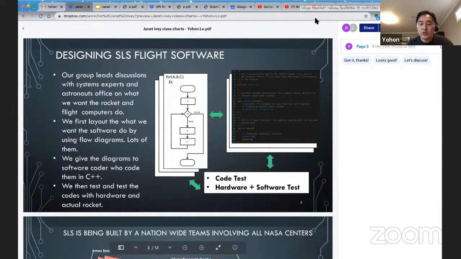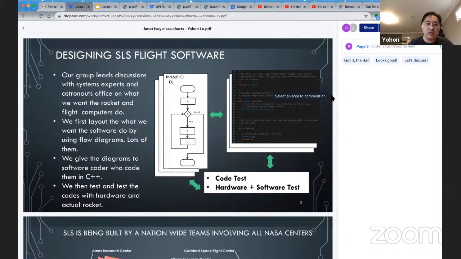Once we design that flow chart, we have a review process with different experts. We have folks from different NASA centers who are involved in different hardware. We have the astronaut office coming in and saying, yeah, that's what they want to do, or no, they want to see an additional caution and warning message. Or they provide feedback, saying, no, if this happened in flight, we would do this, so don't do that. Just tell us what to do, or you know what, just do what you need to do and tell us afterward. Then once we agree that this is the flow of the logic we want the software to follow,